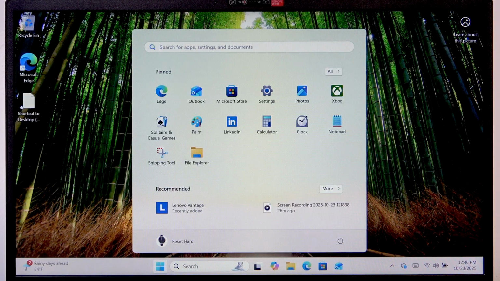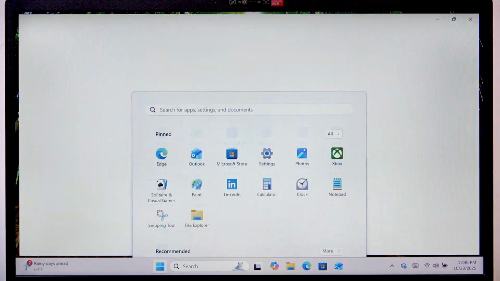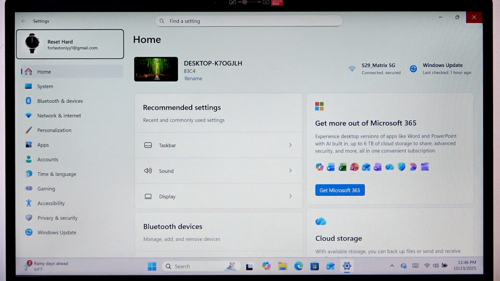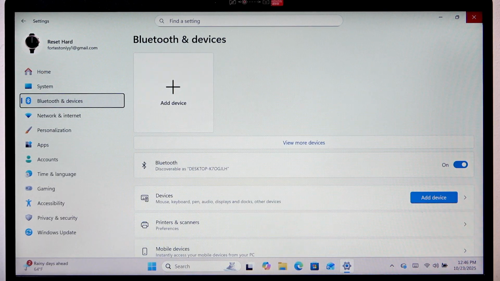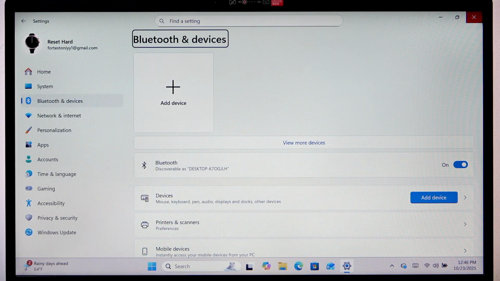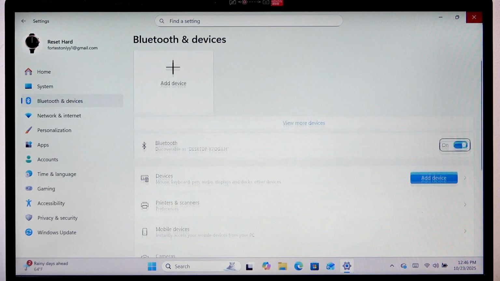In order to re-enable it, you have to press Windows button, then press tab once and use arrow keys to navigate to settings option. Press enter to open settings, then press tab 2 more times. Scroll down to Bluetooth and devices, once again using navigation keys. Press enter to open Bluetooth and devices section, then press tab button 5 more times, and then